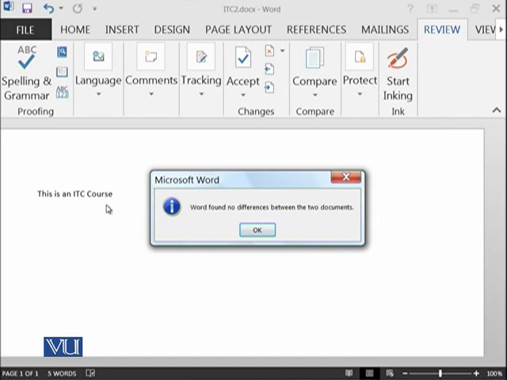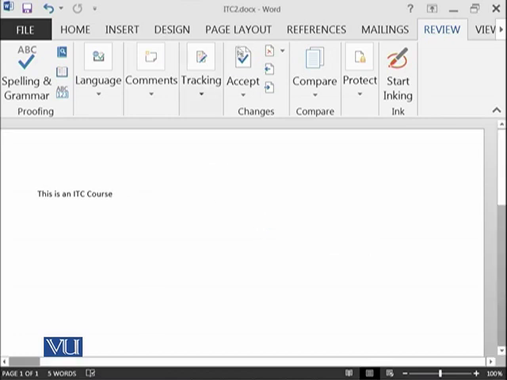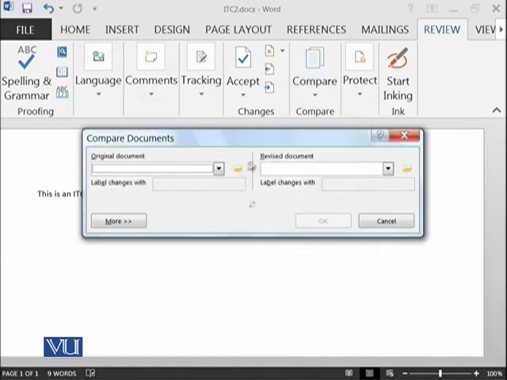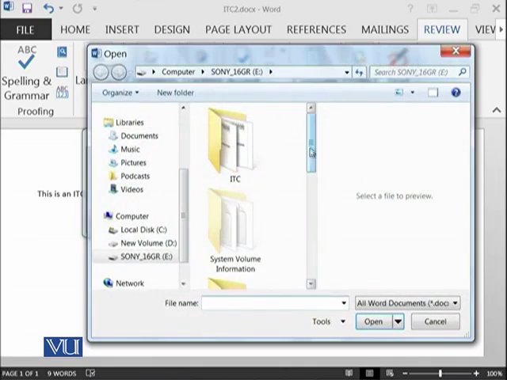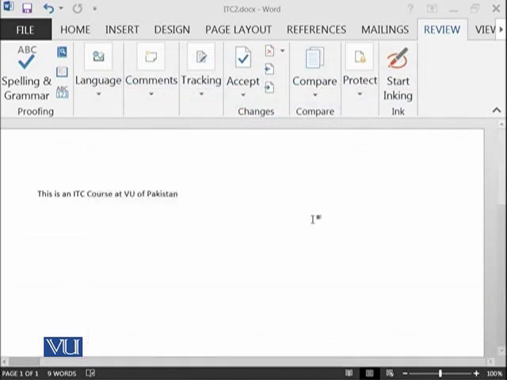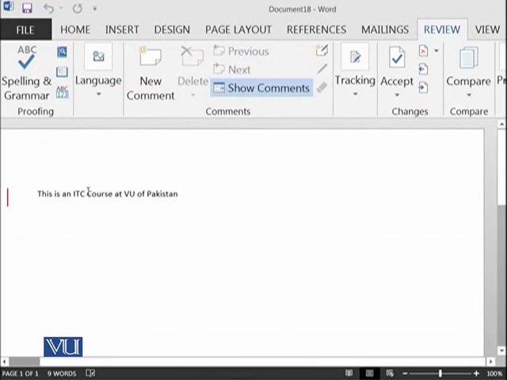So let's change a little bit. For example, in this file, in the ITC2 file, I am saying "ITC course at Virtual University of Pakistan." I have added this. So let's save it, and then let's start to compare again. So I have selected ITC1, I have selected ITC2, and now it is telling us that there are some things which have been changed in this sentence, and